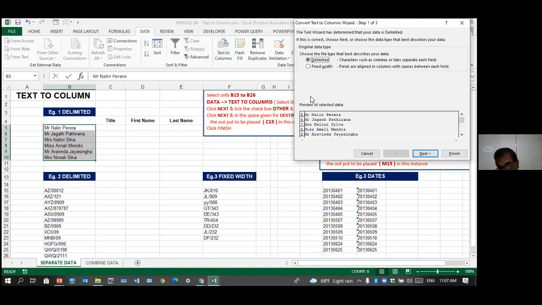Delimiter, there are 2 options. Delimited means, you know what a delimiter is? Any character used to separate something. It could be a space or a dot or a slash or dash, whatever. So here the 3 items are separated by a space. Fixed width means something like this here: 2 letters, slash, 3 digits, all are like that. So it's a fixed width you can use. But dealing with this you can't use a fixed width.